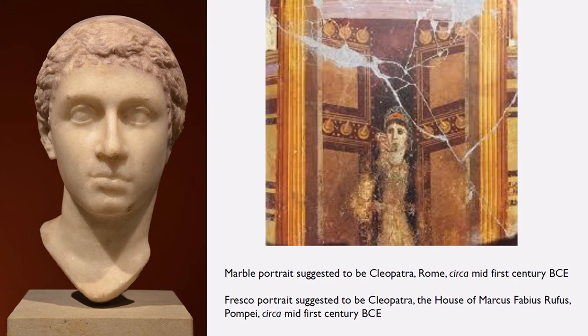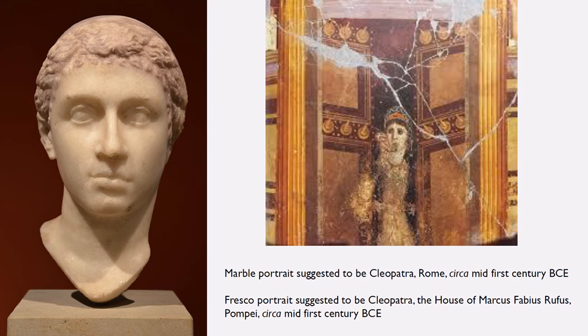And this one as well, this is a fresco that could be the goddess Venus Genetrix and Cupid, her son, or it could be Cleopatra and Caesarion in the guise of the goddess Venus Genetrix and Cupid. So they may well be Cleopatra, but we don't know for sure, and it's sort of wishful thinking on the part of archaeologists and historians. And in any case, these aren't exactly all identical anyway.